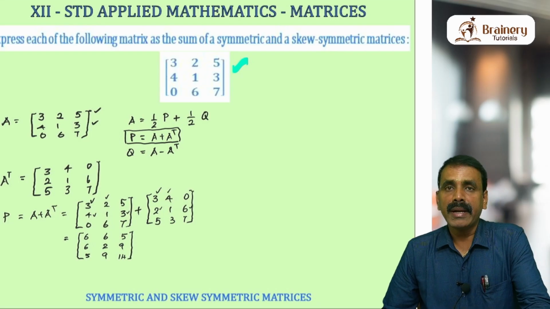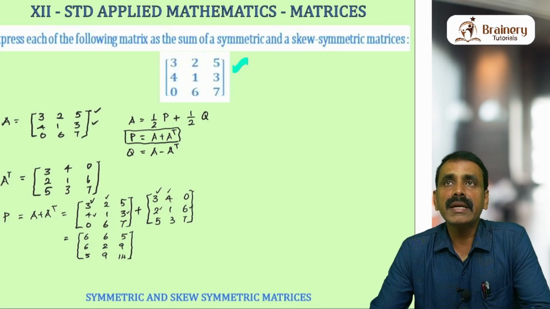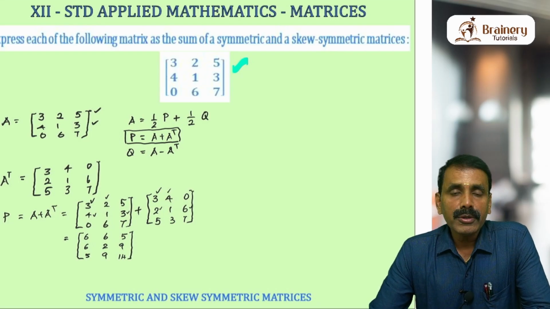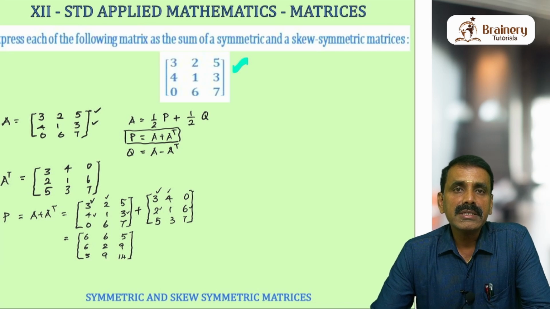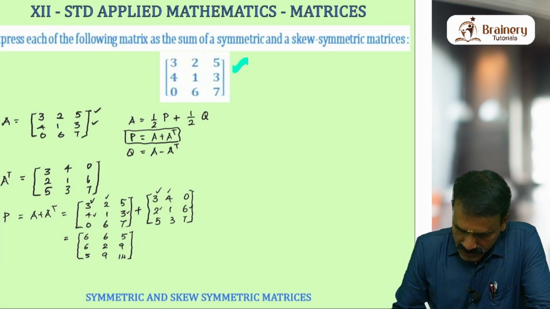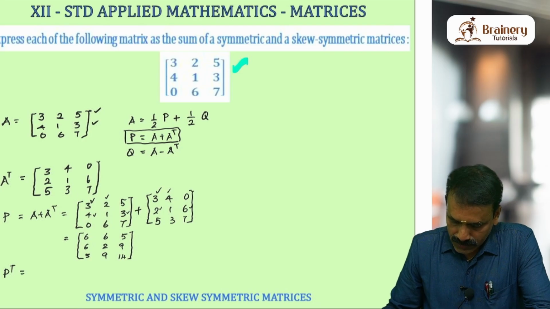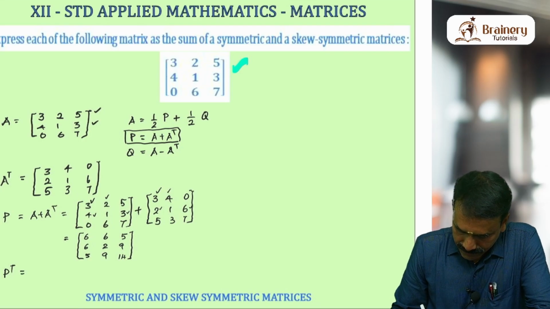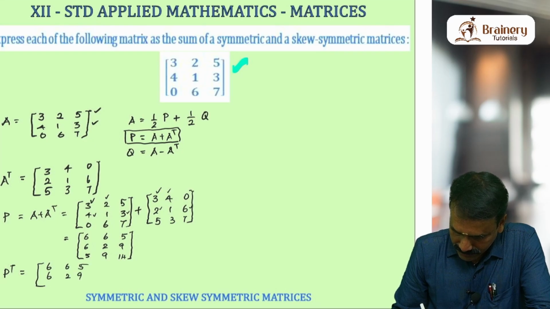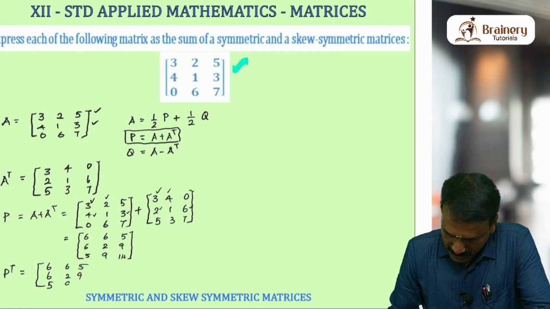So this is your P matrix, which is nothing but A plus A transpose. And I am going to prove that it is a symmetric matrix. P is a symmetric matrix. So I try to find what P transpose is. P transpose is nothing but, I write one step, 6 6 5, 6 2 9, 5 9 14